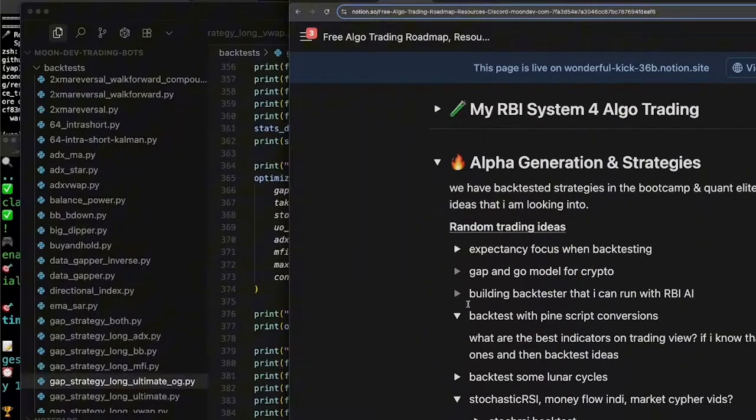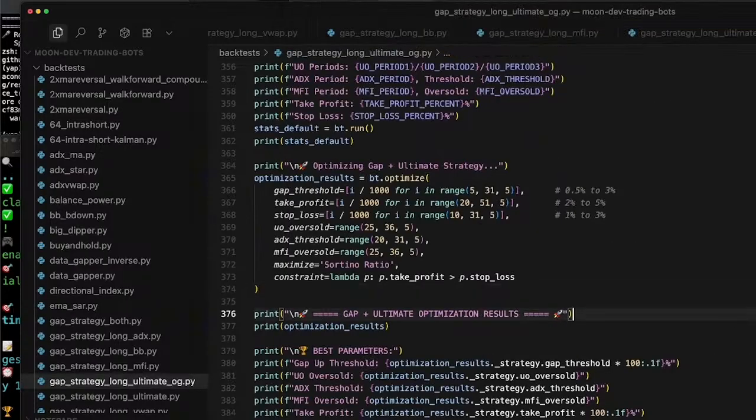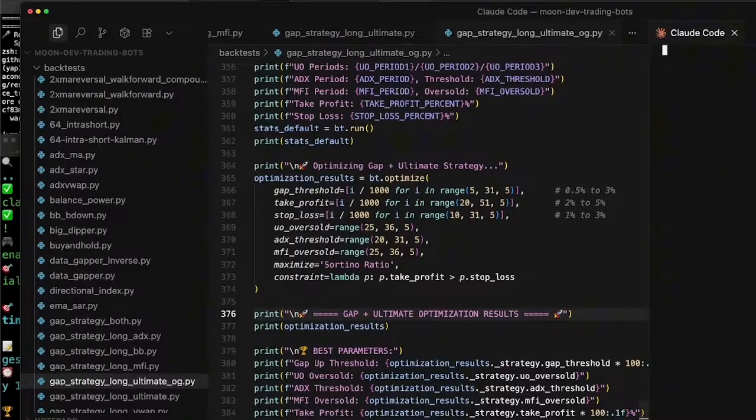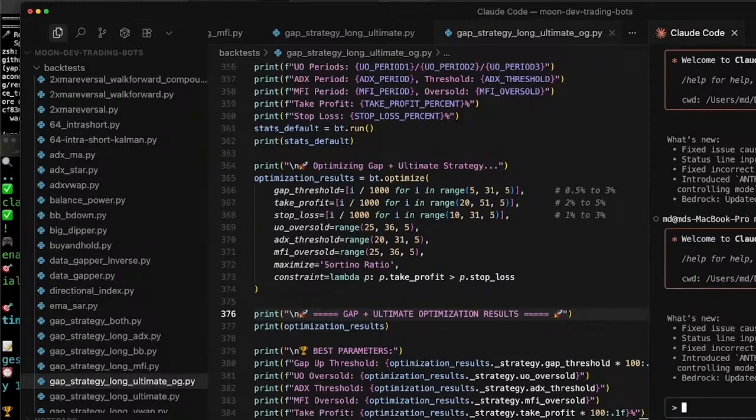Well, what I showed you at the start of this was the gap and go model, tested and put into a gap and go GitHub. So let's do that for real. Let's go ahead and say Claude code, dangerous, of course, because we don't do anything that's not dangerous. Okay, let's go ahead and say,